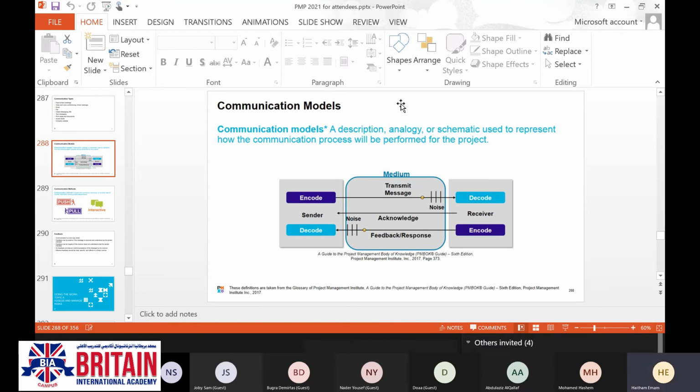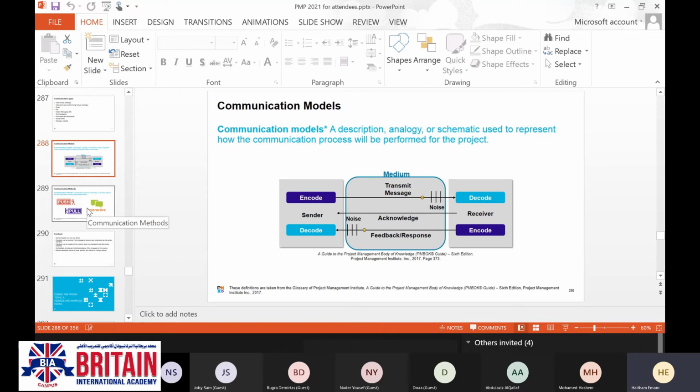I'm just describing the communication model or the communication process, how the message will be received, how the message will be sent. On the other hand, when the question is asking me about the communication model, it's asking me about the process.